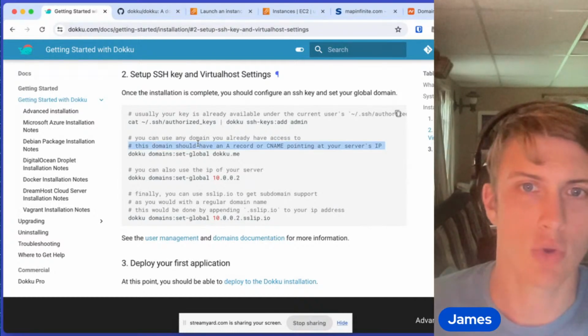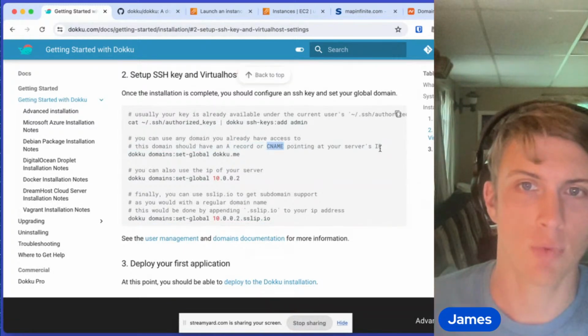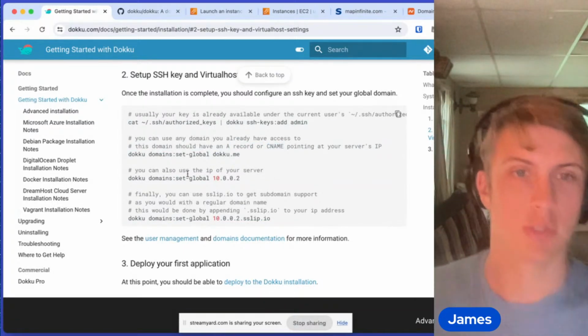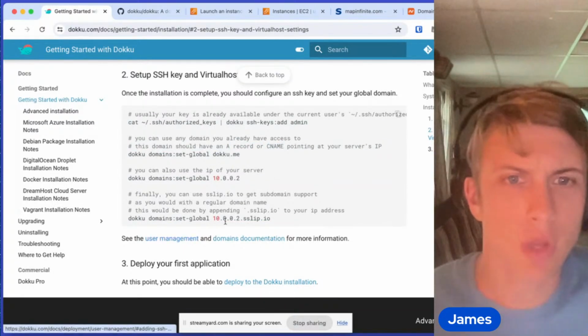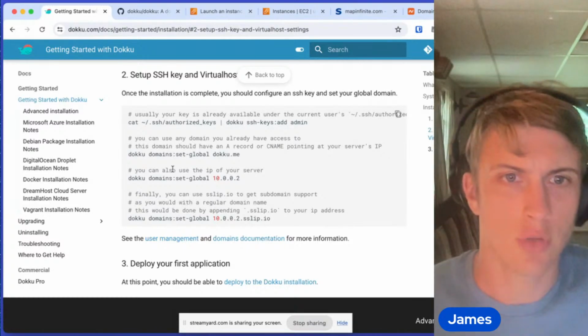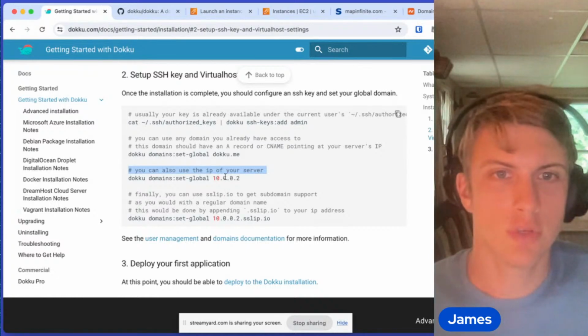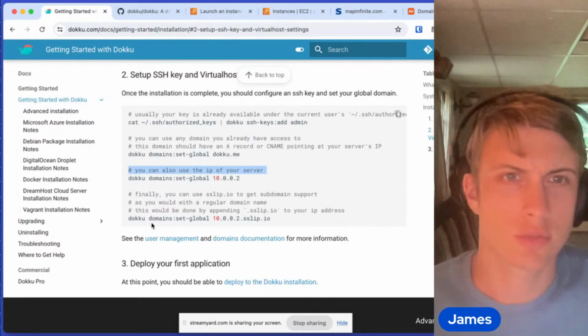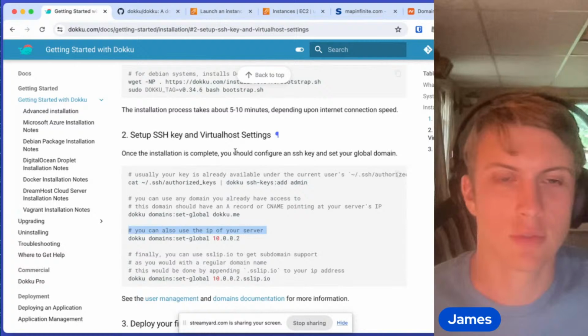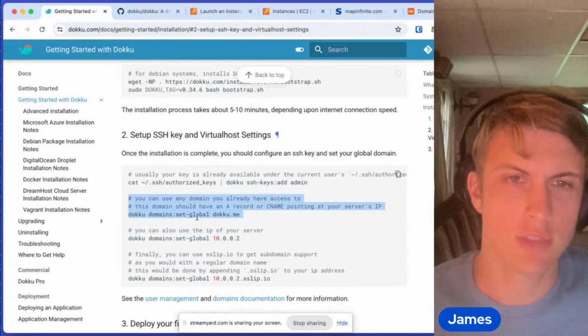You can use any domain you already have access to. Okay, you just create an A record or a CNAME, put in your service. Perfect, what I wanted to know. You can also use the IP of the server. Okay. But the SSH key,